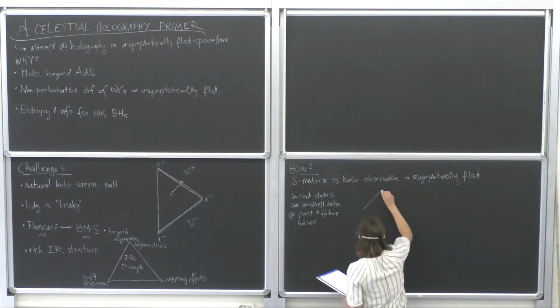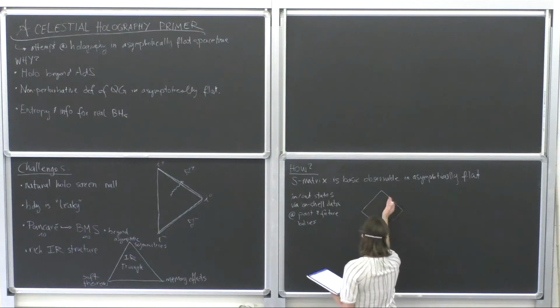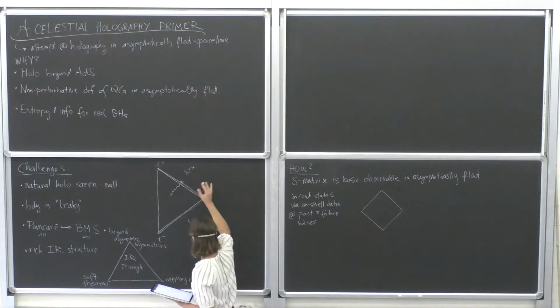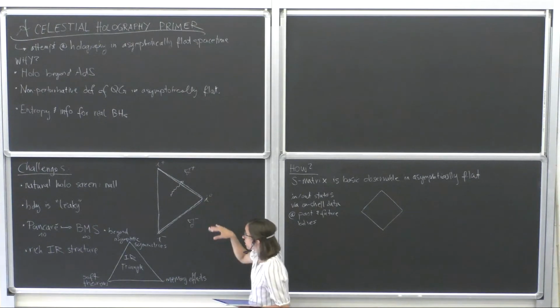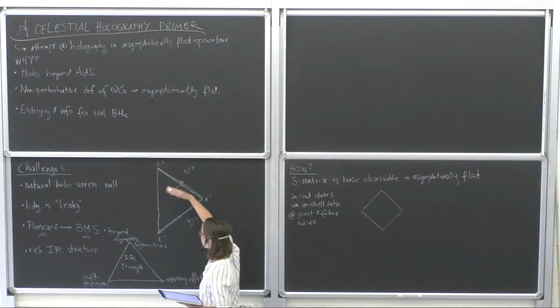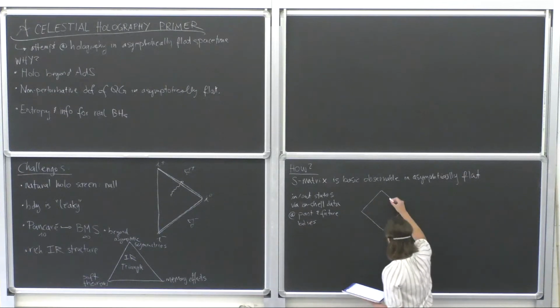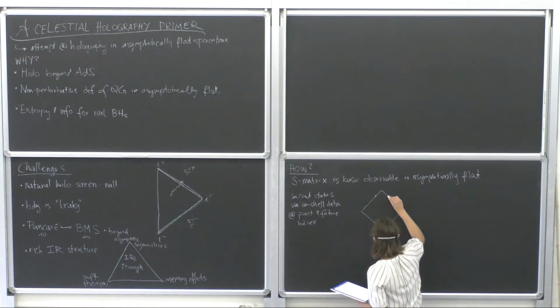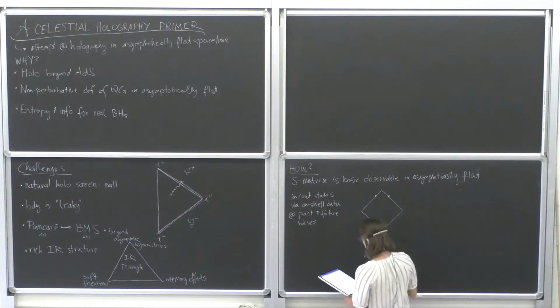So let me draw again the Penrose diagram for Minkowski space, but now let me draw two sides. So in this diagram, what I've drawn was a diagram in time and space. Of course, at every point there's a sphere, a d-dimensional sphere in general, but if we go to four-dimensional asymptotically flat space, it would be a two-dimensional sphere. So every point is a sphere. But here, a pair of points would be denoting a sphere. So a pair of points on the right, and a pair of points, one on the right and one on the left, would denote, let's say, the north and the south pole of one and the same sphere.